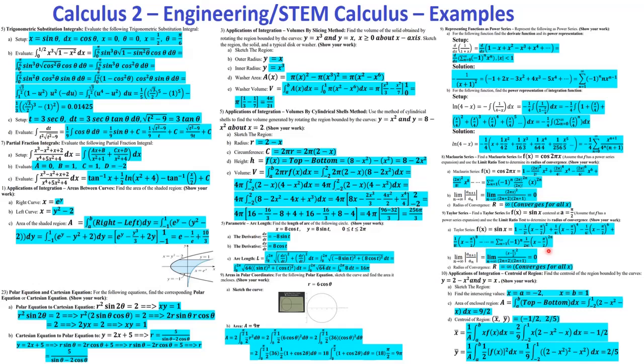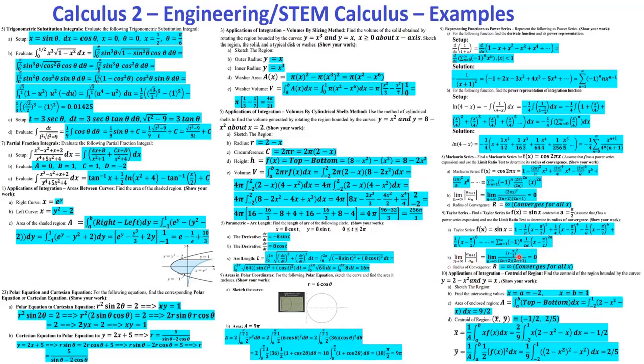So you can write this in sum notation from n equals 0 to infinity, minus 1 to the n, 1 over 2n